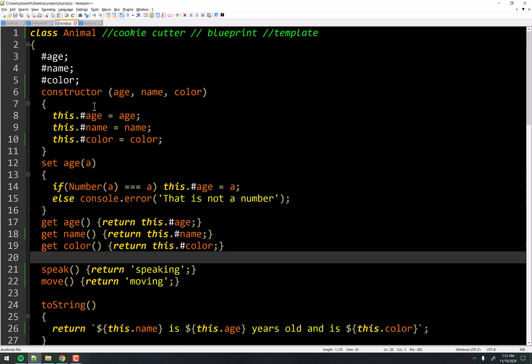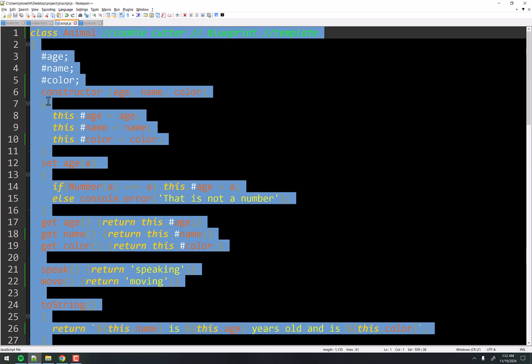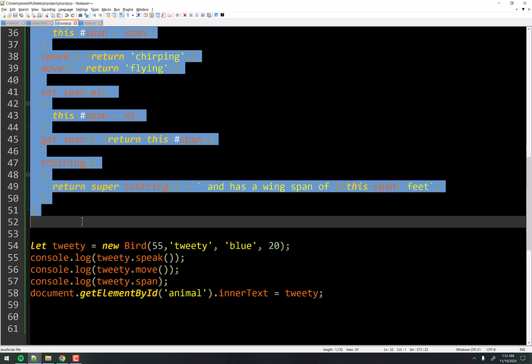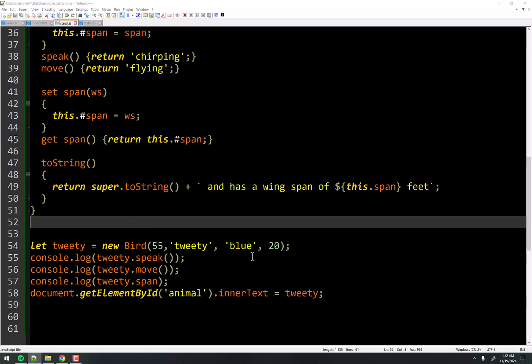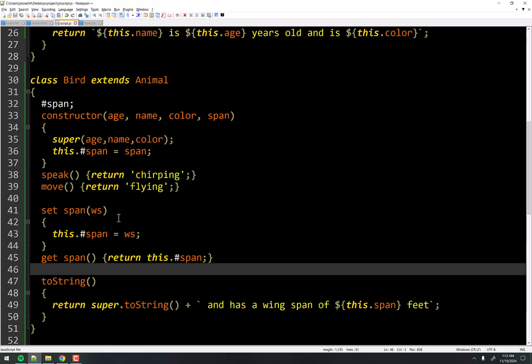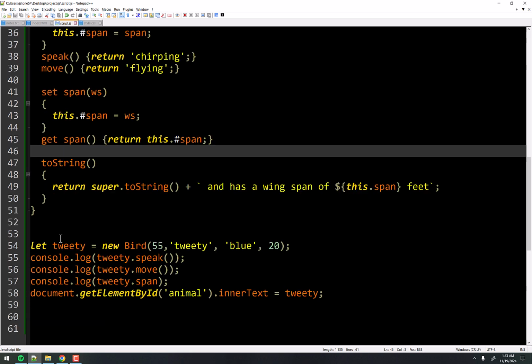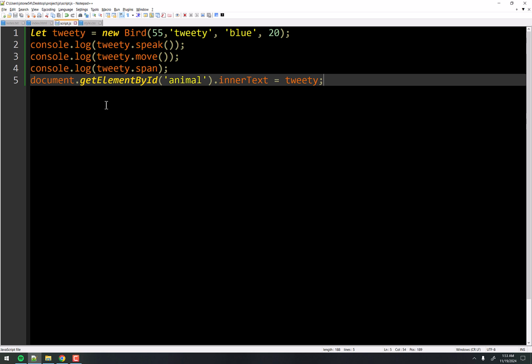So what I want to do here, I have the animal class. This is the main class here. I want to put that in one file. I want to put the subclass bird in another file, and then a third one to just do all the printing out, right? And so I'm going to come over here and go to my scripts here, JavaScript, get rid of that copy there. I don't need that. So I'm going to keep scripts, and then I'm going to make another one called animal and another one called bird, right? And so just real quick here, I'm in script right now. Script is only going to have this stuff right here. It's going to just have the printouts, right? Okay, and I could have called it printout if I wanted to.